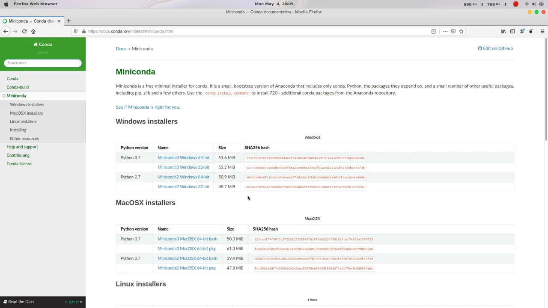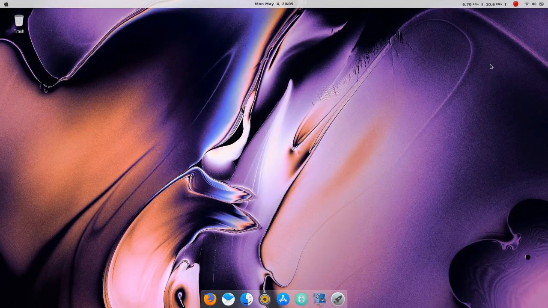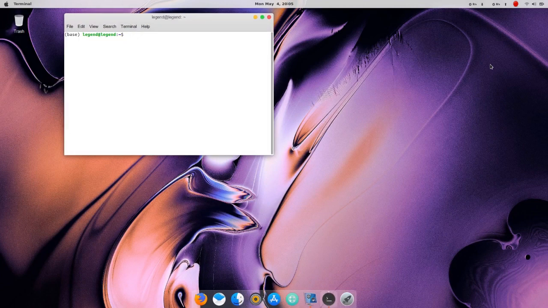Just pause the video until you have done all this. After installing, if you are using Linux or Mac OS, head to the terminal, or if you are using Windows, go to the start menu and search for Anaconda Prompt. After installing Miniconda or Anaconda, we need to create a virtual environment for Python, which we are going to use for our machine learning purpose, and we will store all our algorithms and coding stuff there. For creating a virtual environment we need to create a Python 3.5 environment. Just type exactly these commands.